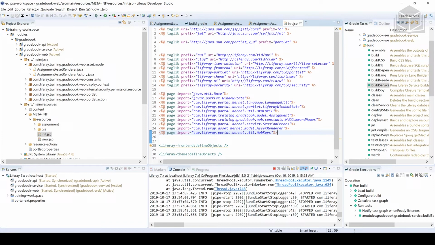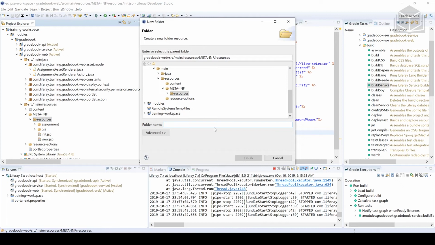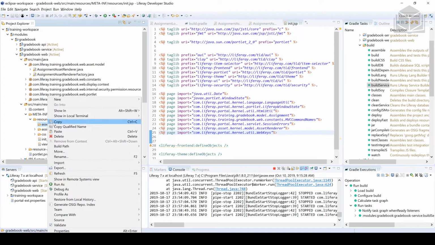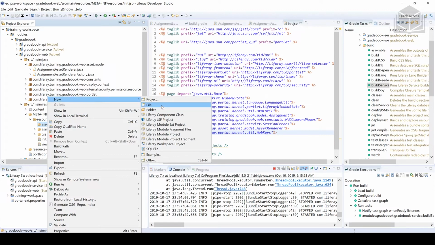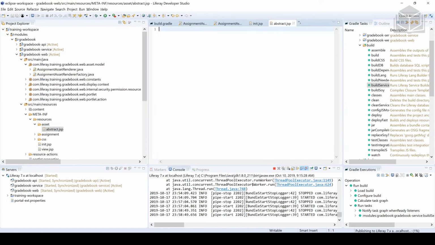Okay, and we're going to create a folder that will contain our JSPs related to our assets. So we'll right-click resources, head over to new, followed by folder, and the name of the folder will be asset. From here, we'll click finish, and then let's create those two files that we need. So heading over to new, followed by file after right-clicking the asset folder. First one will be abstract.jsp. We'll click finish,